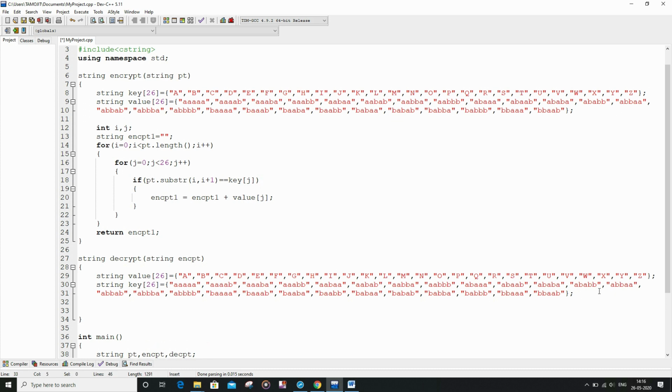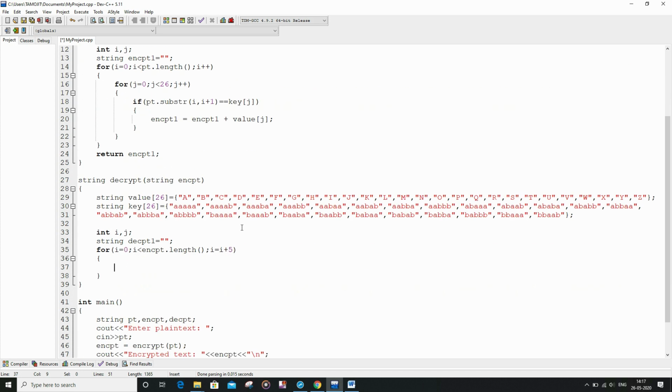Now after doing the manipulation, I am going to do nearly the same thing, that is declare integer i and j, and after that declare the string decrypt1 as an empty string, and now write the nested for loops: for i equal to 0; i less than length of the encrypt string encpt, and finally here we are going to do something different, i equal to i plus 5. So let me write it first, then I will explain it to you.